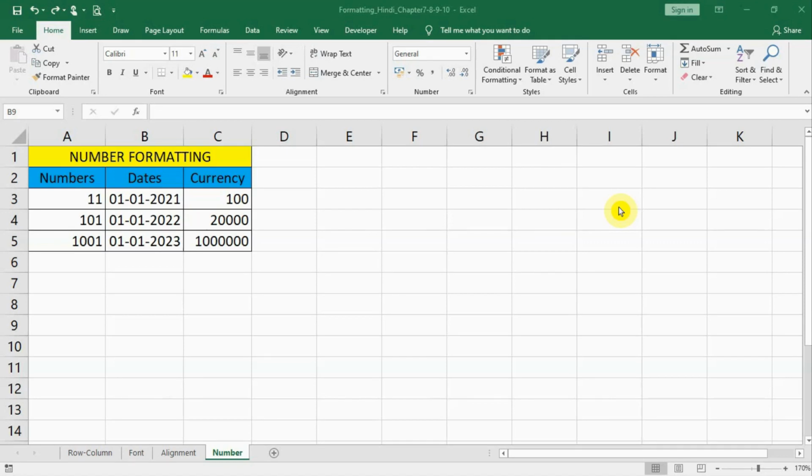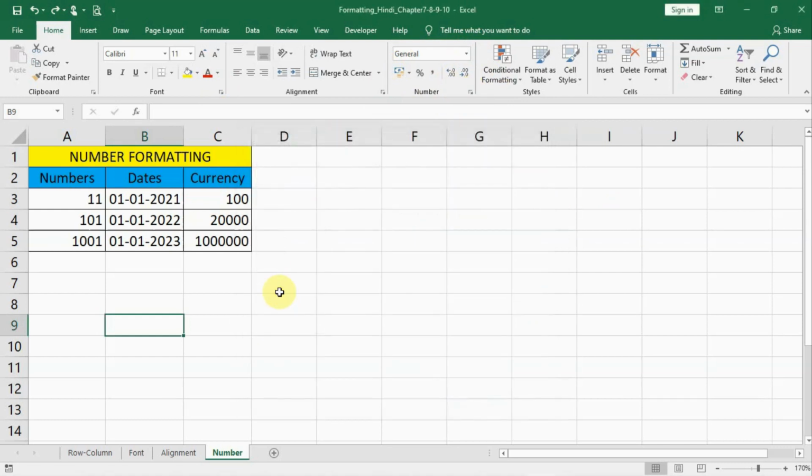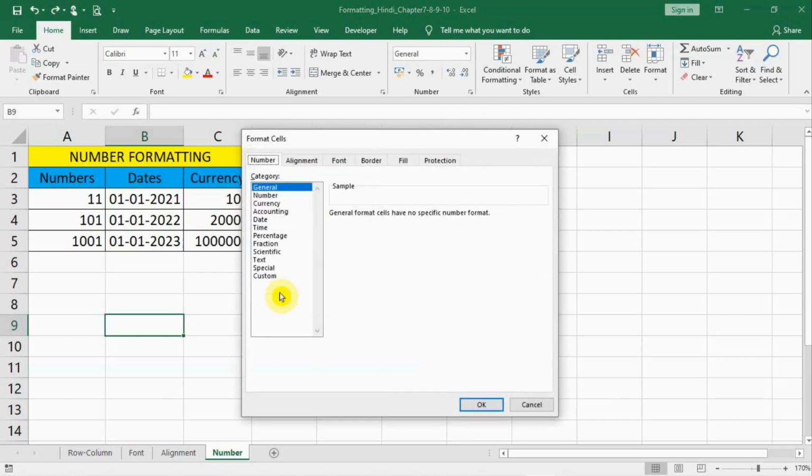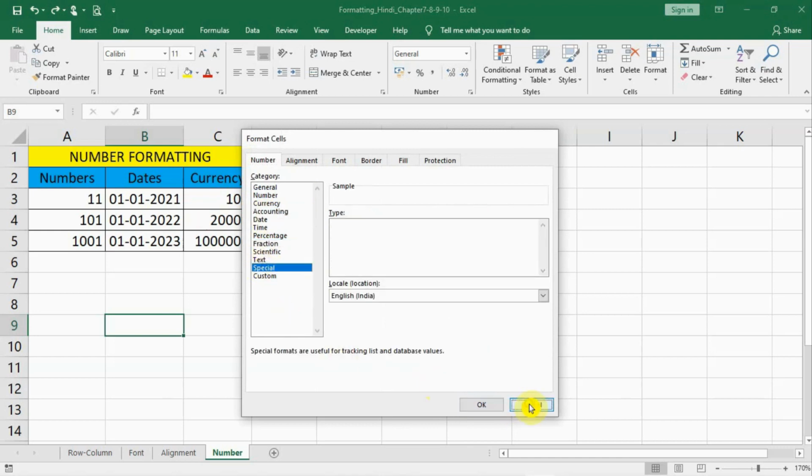Welcome back friends. Now in this lecture we are going to learn about number formatting, and the number formatting options are given exactly here. If you double click on this, we can open up the detail about number formatting. Another shortcut we learned in the last lecture: if you press Ctrl 1, you can again see the number formatting form and various other details. Let us learn one by one.